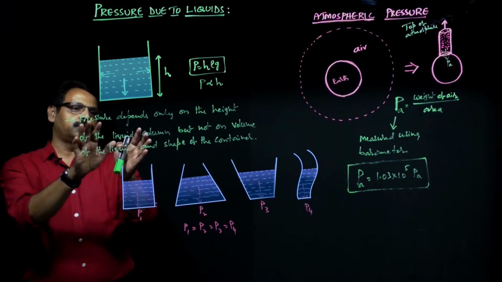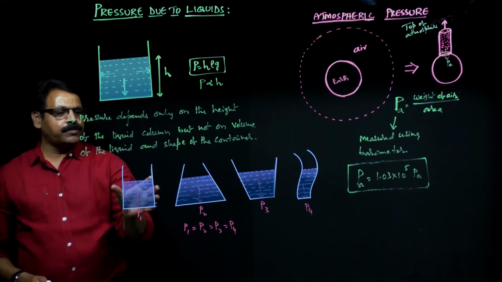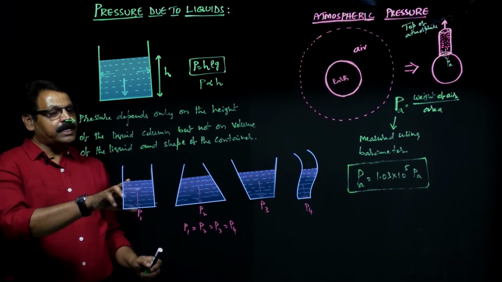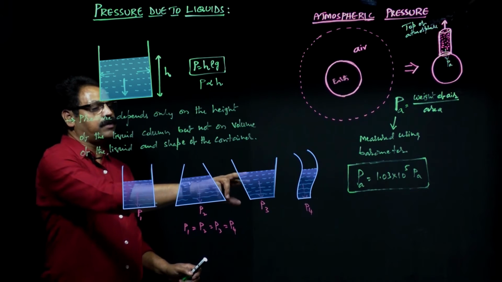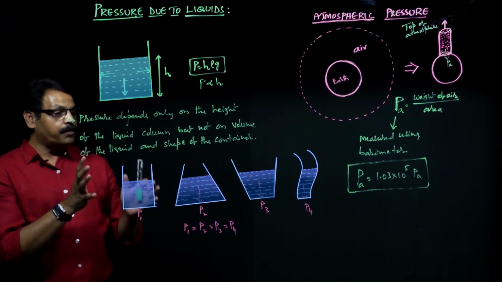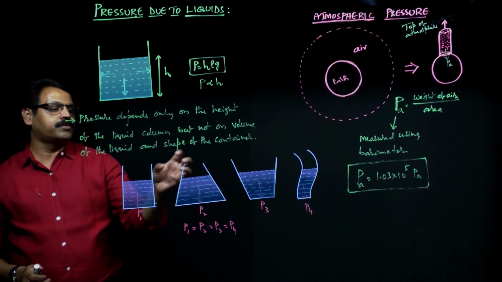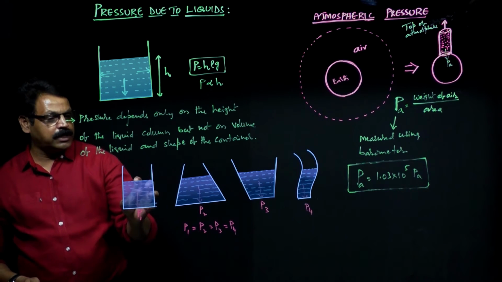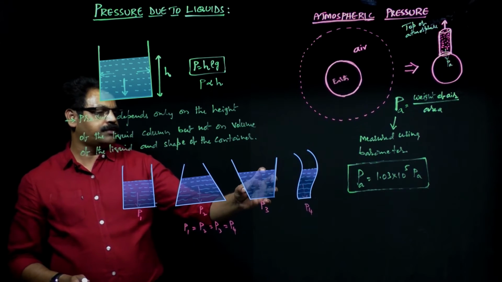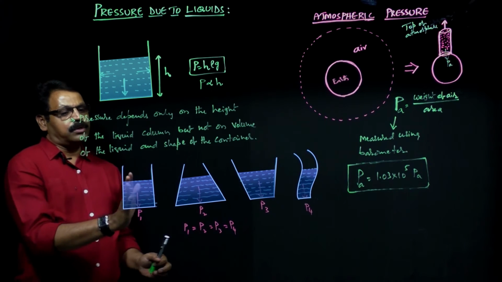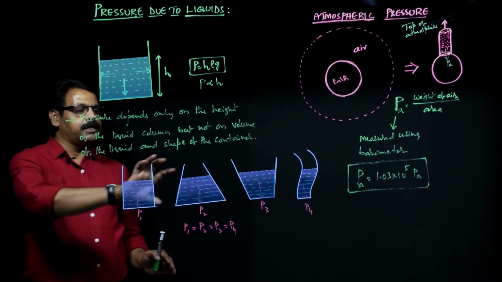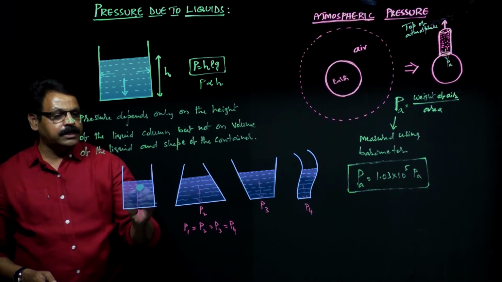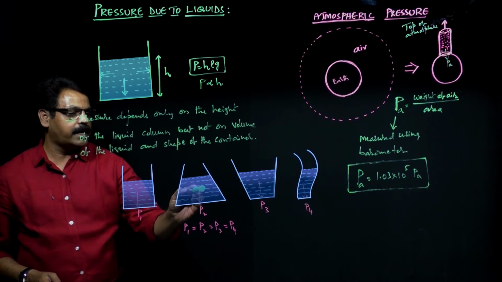of the container. And to know this in a clear manner, we have taken 4 different vessels over here. In these 4 different vessels, we have taken a liquid up to the same height. The height of the liquid column is the same in all the cases, but when you look into the volume of the liquid, the volume differs. The volume of the liquid here is different from here and different from here and different from here. So, the quantity of the liquid is different but the heights are the same. That is the reason the pressure exerted by this liquid on the bottom surface is the same as that exerted